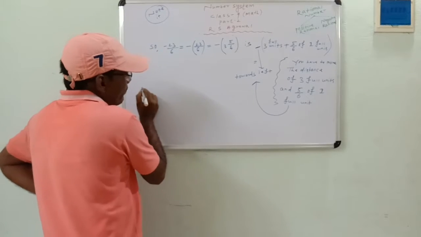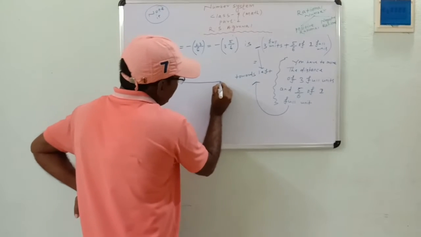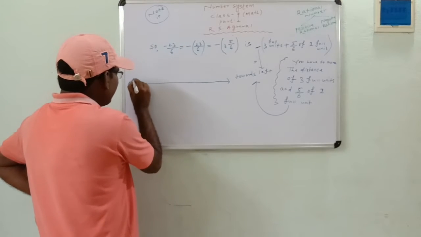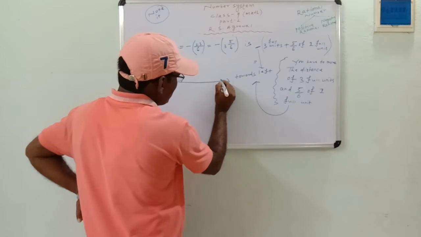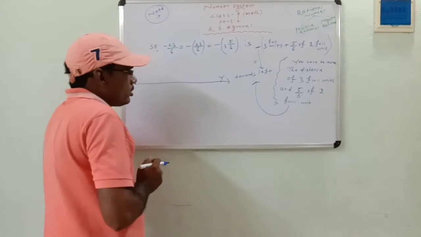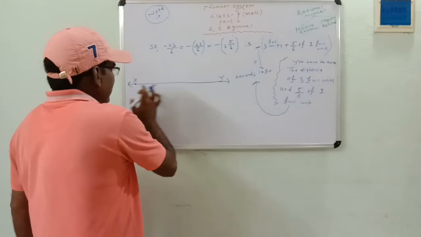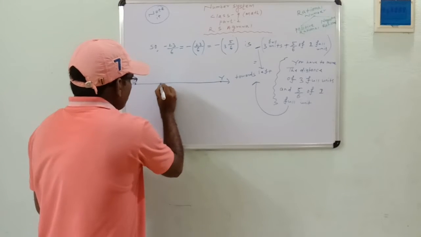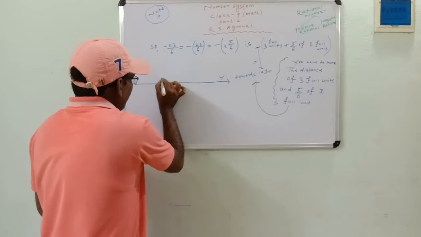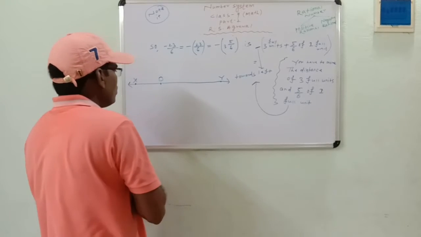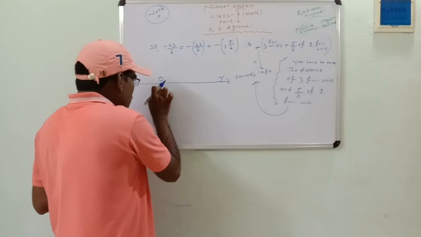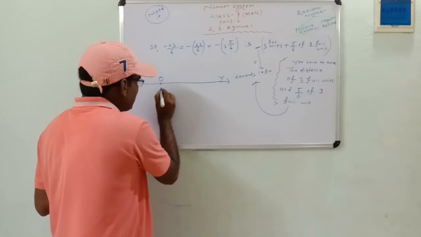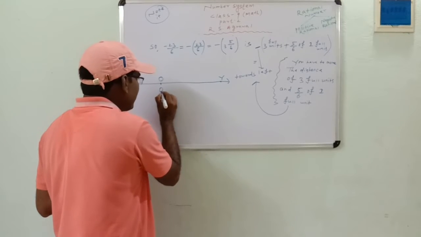Suppose it is the number line, suppose it is a line, its name is XY line. Now mark a point on this line, suppose this point, and it is named as O. Now this O point represents 0, the rational number 0 or the integer 0.